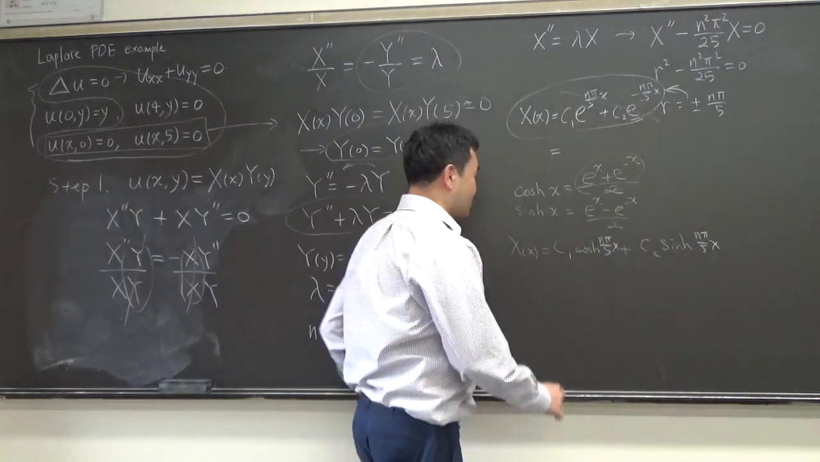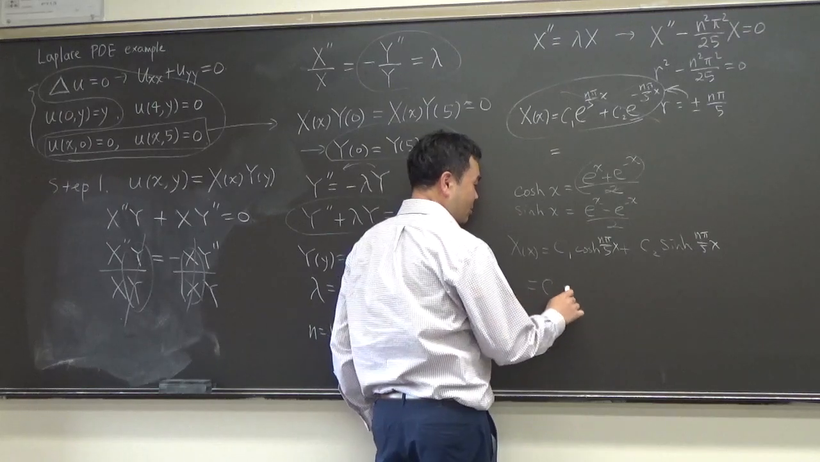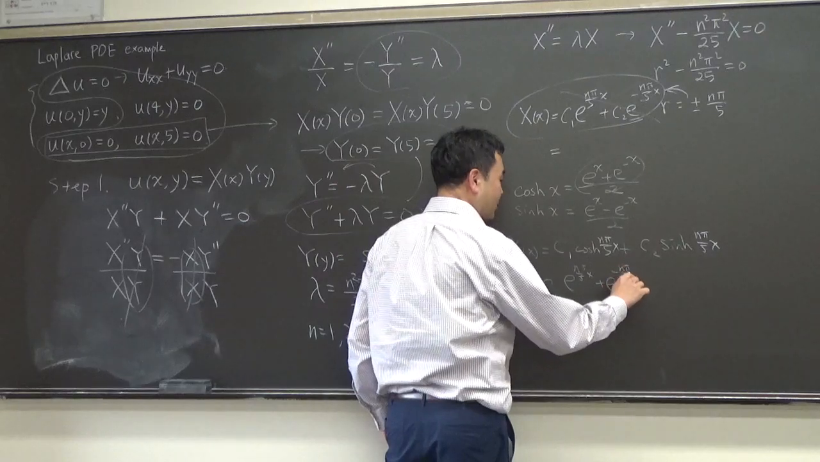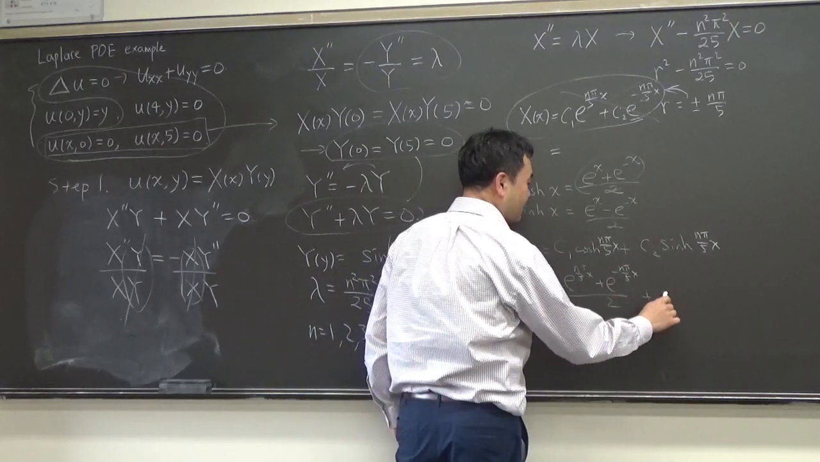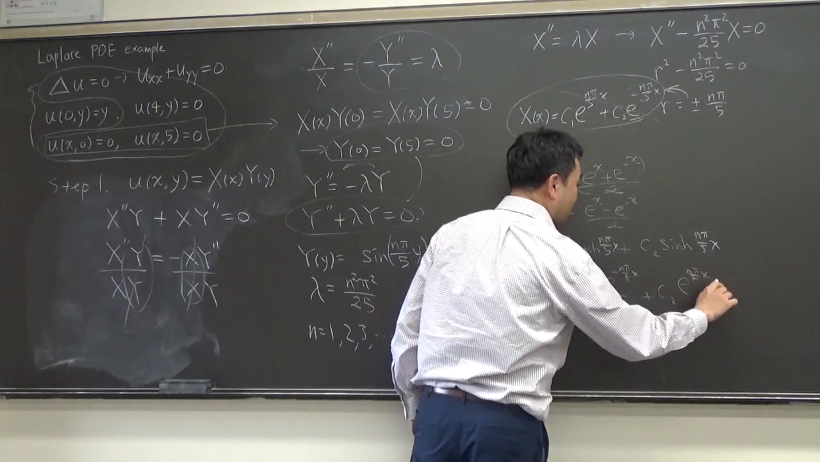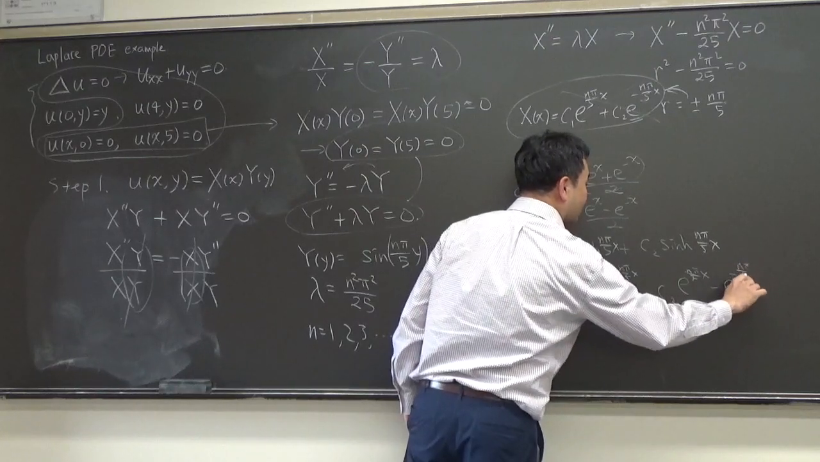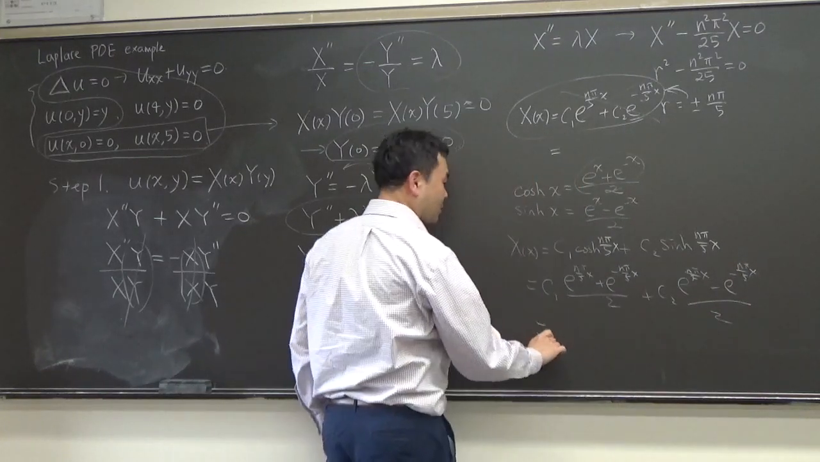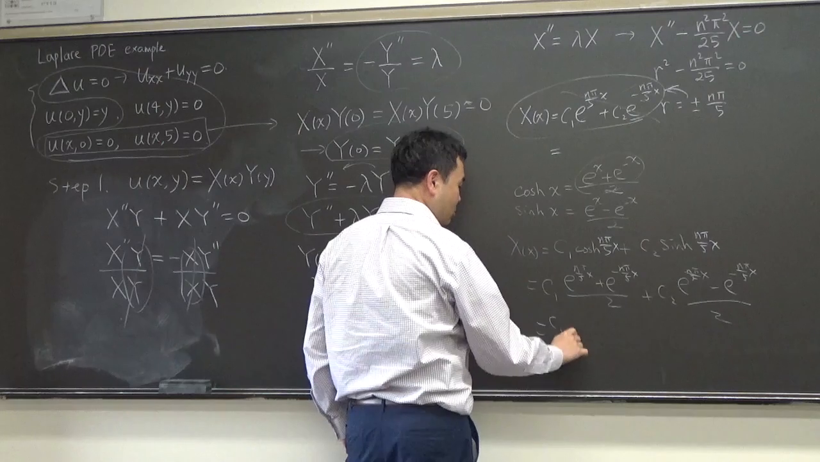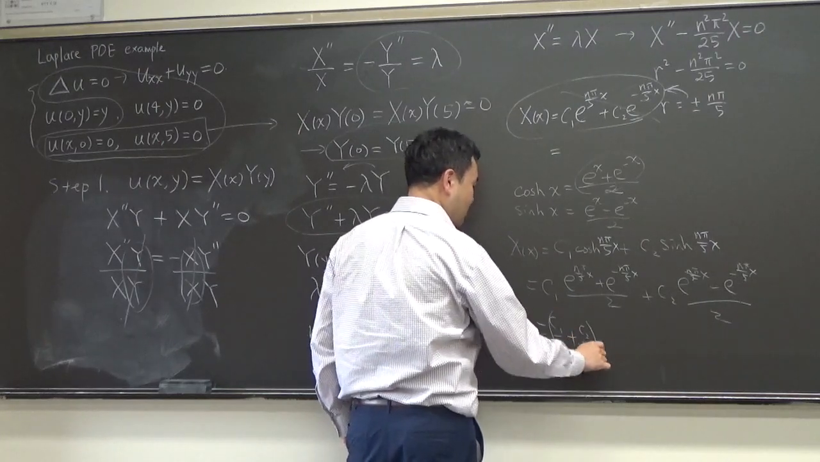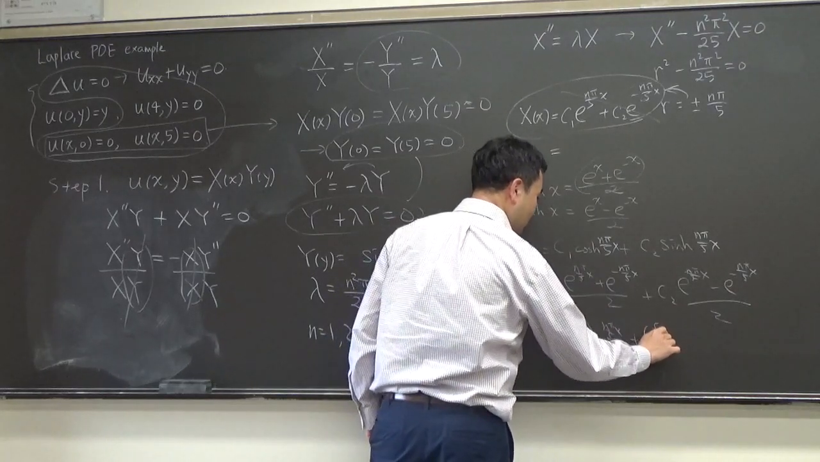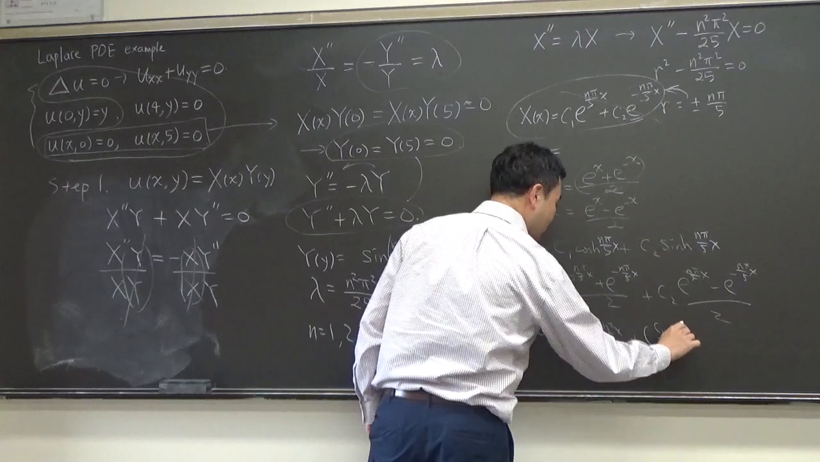Then, I'll do a quick calculation. C1 times e to the n pi over 5 x plus e to the negative n pi over 5 x over 2, plus C2 times e to the n pi over 5 x minus e to the negative n pi over 5 x over 2, so that if you gather only the e to the n pi over 5 x, you get C1 over 2 plus C2 over 2 times e to the n pi over 5 x plus C1 minus C2 over 2 times e to the negative n pi over 5 x,